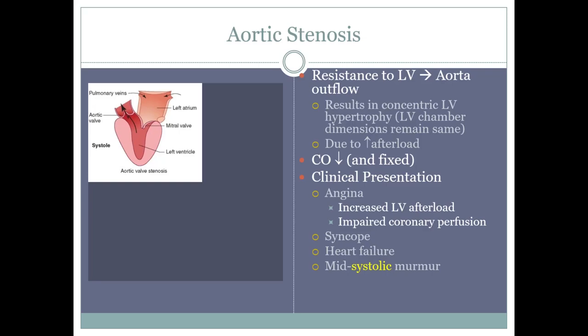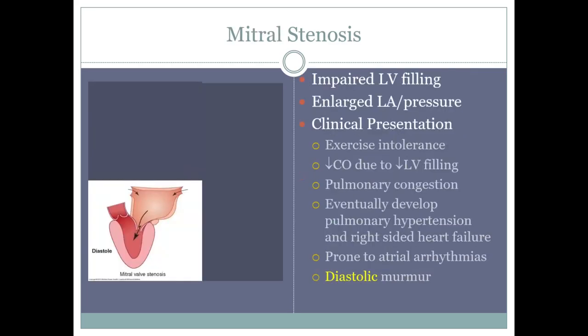Less cardiac output to the brain can lead to faintness and syncope, for example, passing out, and can precipitate heart failure. And because this is occurring during systole, in other words, contraction opens that valve and forces blood out, that's a systolic murmur. Okay? We look at mitral stenosis on the other side of the heart,